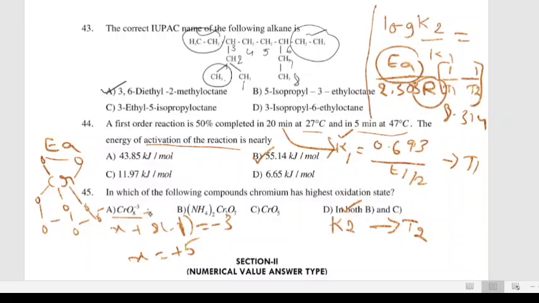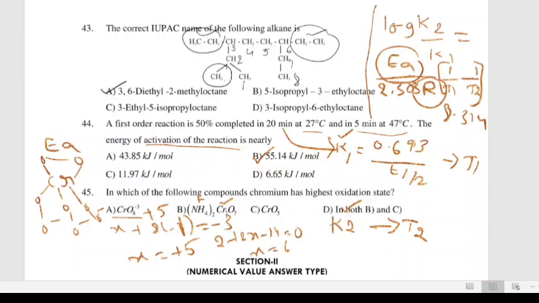And it is just NH4 twice Cr2O7. NH4 means plus 1 oxidation state. So 2 into 1 plus 2X minus 14 is equal to 0, where you are getting X as 6 for chromium, the regular oxidation state. But if you consider CrO5 again,